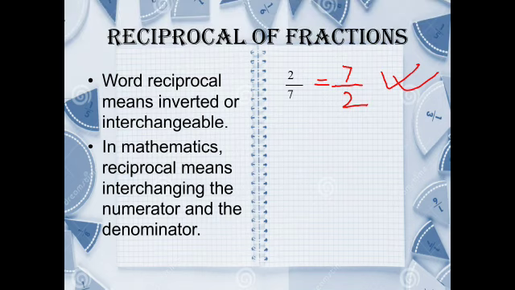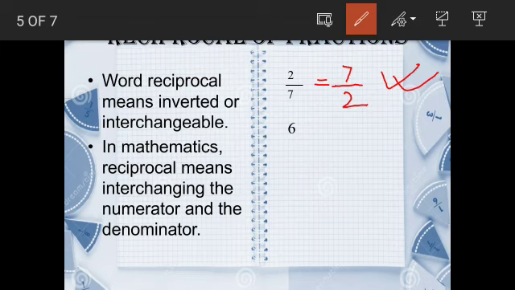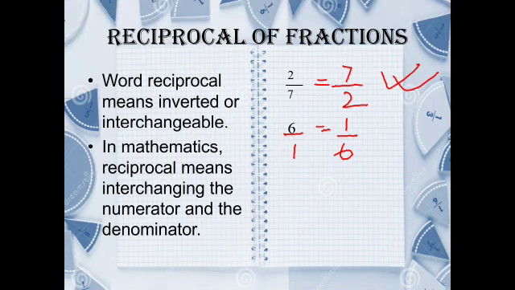Moving to the next question, that is 6. 6 is a whole number. So how to find the reciprocal of this number? The reciprocal of this number will be 1 upon that number. Because we all know if it is a whole number, it is 6 by 1. So we can automatically find the reciprocal of this. Another number is a mixed fraction.